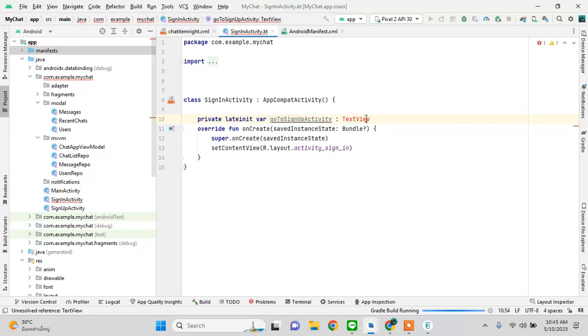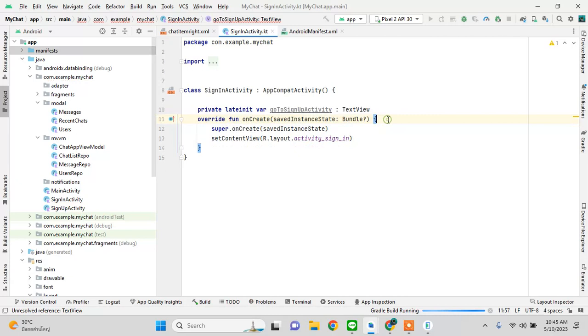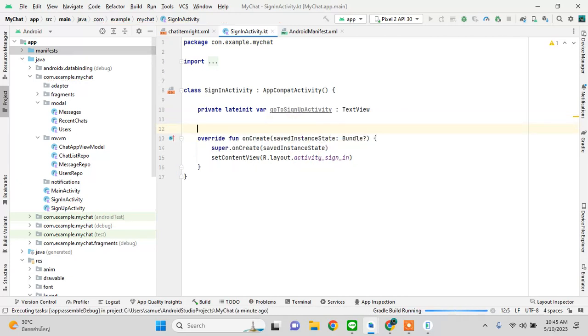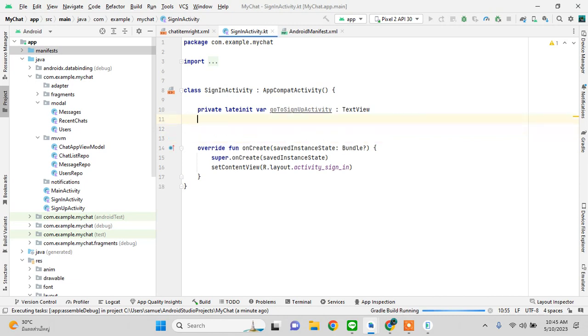And I'm going to take some variables here to store also whatever the user has entered in the edit texts. So I'm going to take private lateinit var email, type String,